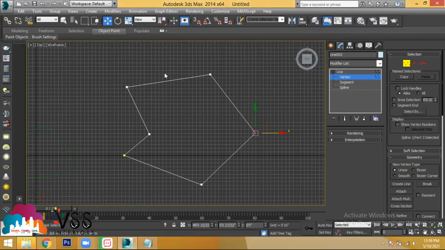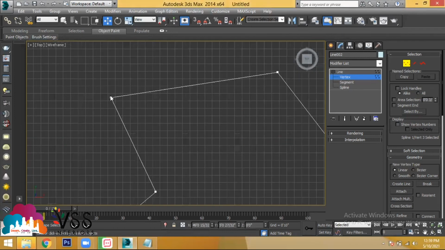Let's go with this line. This line has a starting point and an ending point. This line has two endpoints, right? This is one endpoint and this is one endpoint. By joining these two endpoints, this line is inclined. So you have to make this line to be straight.